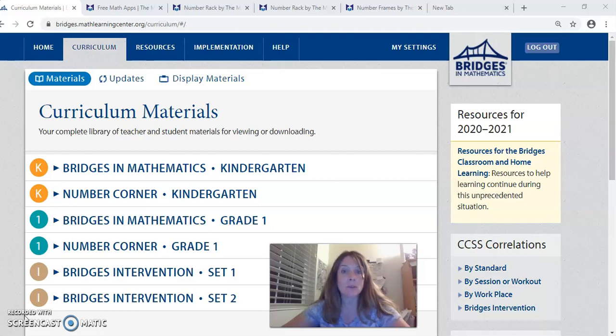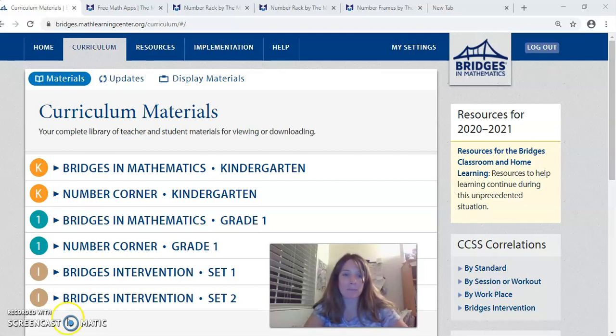Now, some of you, this may be happening in the next couple of days. For others, it might be in a week or so, depending on where you're at in the pacing. But with all of the distance learning days that we've had, I've gotten a number of requests of how can this be done if our students are at home. And sure, I might have the materials in my classroom, but a number of the students are not going to have materials at home to do this assessment. So I want to show you a few ideas of some possibilities of how you can make this assessment happen